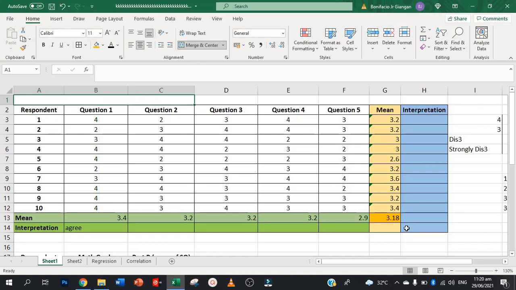So, to support the result. Okay? So that is how you do it in your Chapter 4. To support that, to support, all you need is to look for review of related literature. And then, ayan. So,